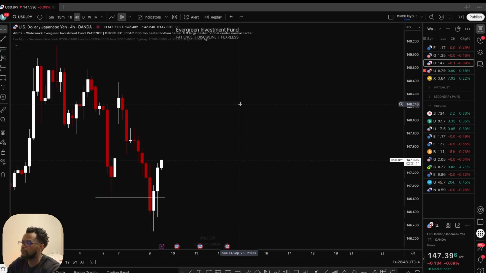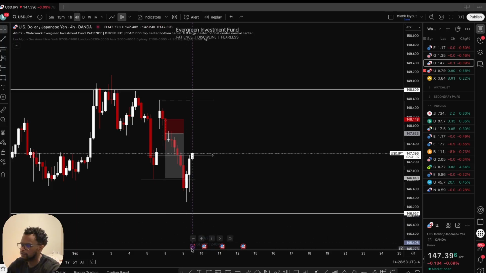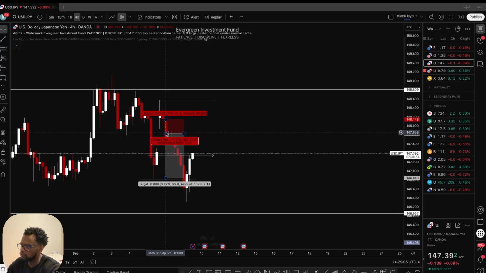If I go on a 4 hour, obviously you can see we opened with a gap, right? This is where Friday closed, and then we opened with a gap. So if price shot up like that and opened this gap, inevitably it's going to come fill that gap, right? Obviously after these two candles printed, we saw an engulfing candle running to close this gap to balance price,